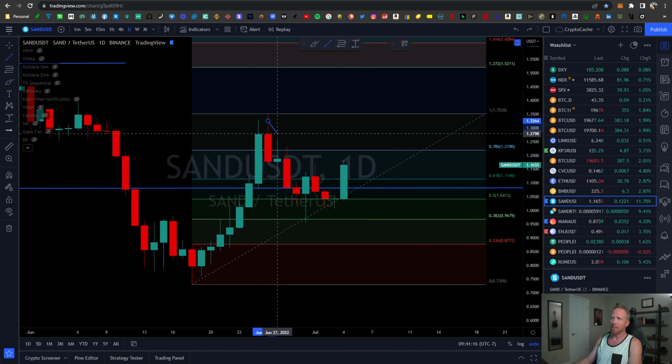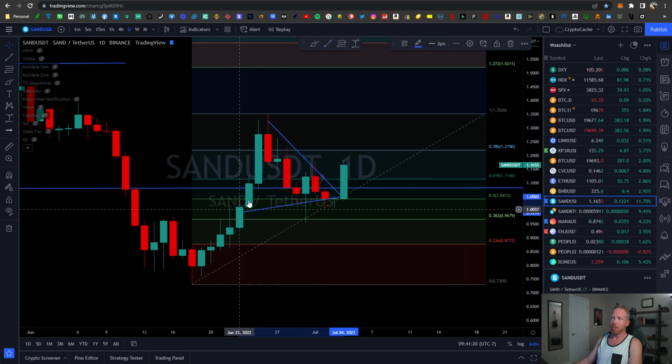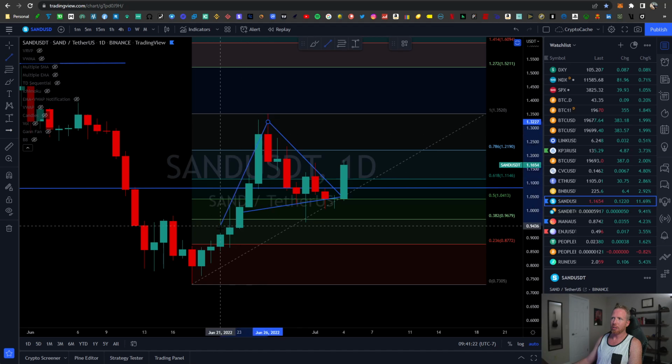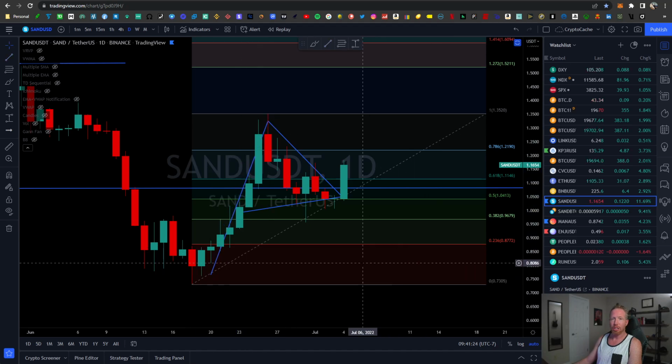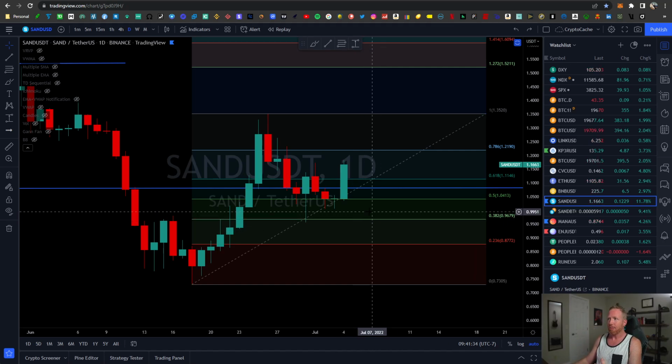Oftentimes when you have a descending trend that is followed by a previous uptrend, wherever it started is essentially where it's going to continue to go. So it started from the bottom, so it'll continue up, if that makes sense. All right, so again, that's generally what we're looking at here for Sandbox. It does look like we have a standard pennant breakout,